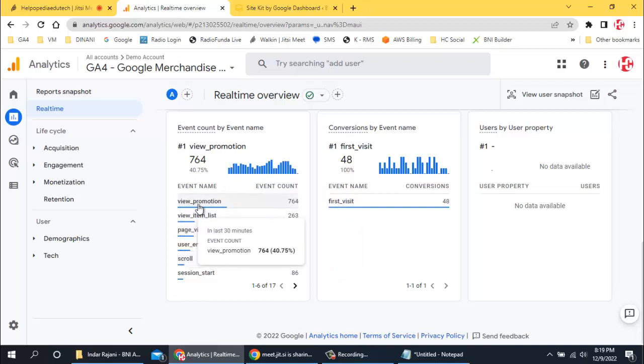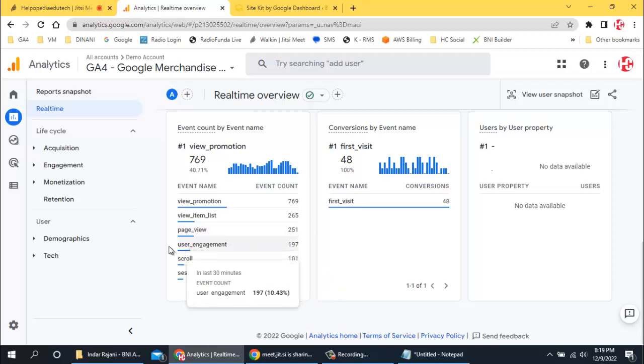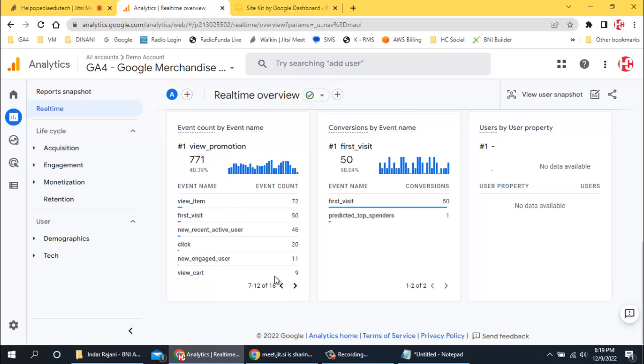So here we can see view promotions, how many people have viewed the promotion, how many people have viewed the item list, that is the product list. Then how many people viewed the product pages, how many people engaged, how many people scrolled the pages, and how many people started sessions, all these things we can see. So like that there are 18 pages. So how many people even clicked? So 20 people clicked. New engaged users 11,